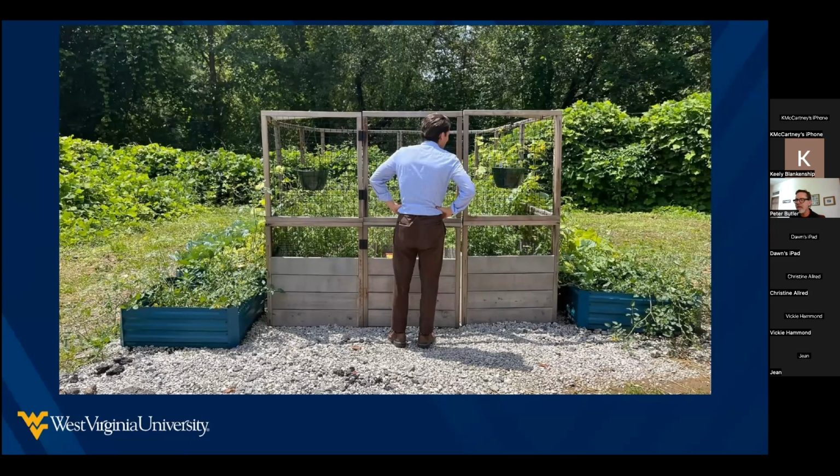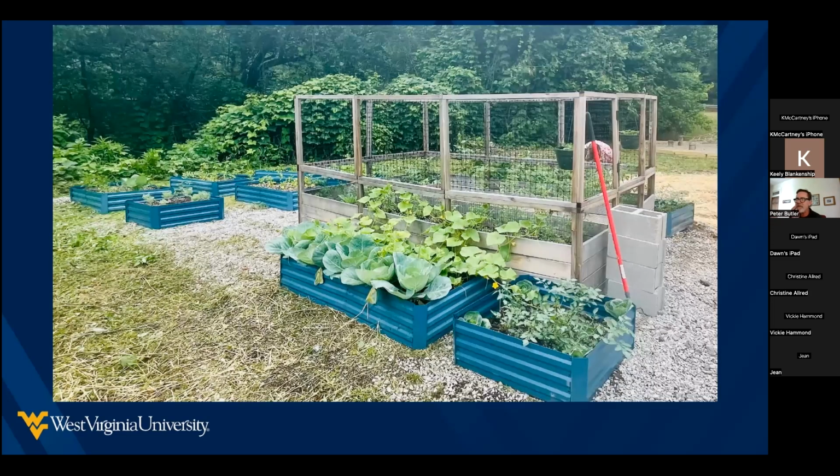So anytime we have a public recreation space, we can think about how agriculture and edible landscapes can be built into that plan. Amy Cook just sent me these images this morning. It looks super successful, very well maintained, and abundant in its harvest.